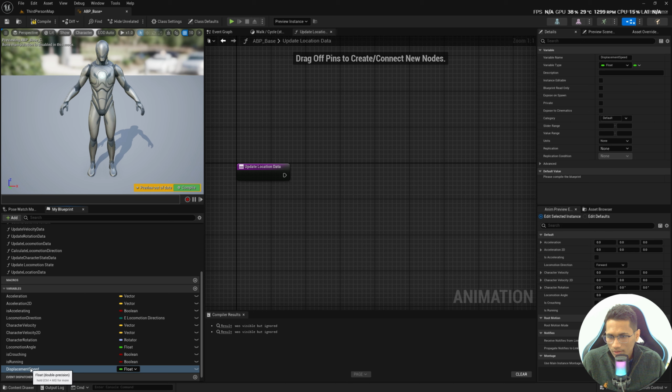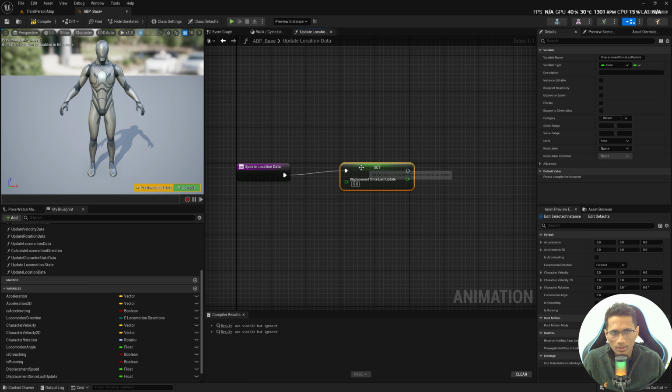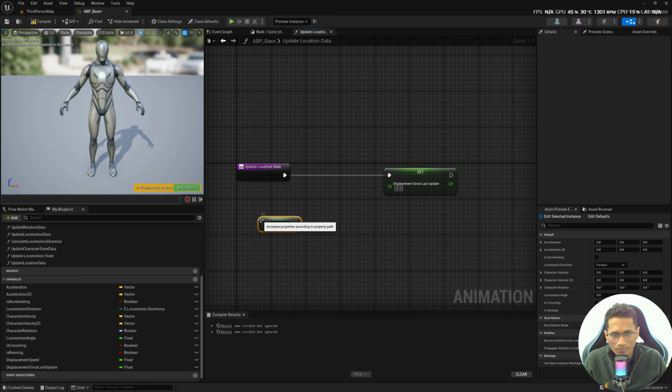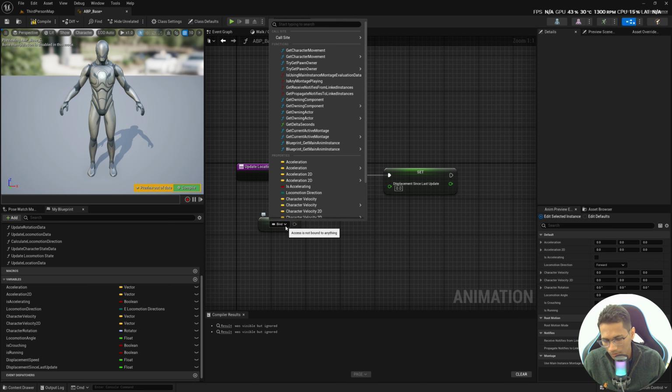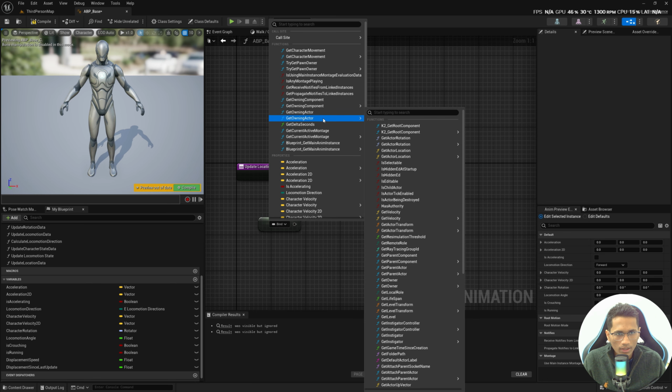But to calculate the displacement speed, you need the displacement and time. So for this, I'm going to create another variable, displacement since last update. So this displacement gets updated every frame, and that is what we are going to use to calculate the speed. So you connect this to this, use the property access node, and like I explained in the second episode, the Unreal hierarchy system, to get location, rotation and scale, you will use the get owning actor,